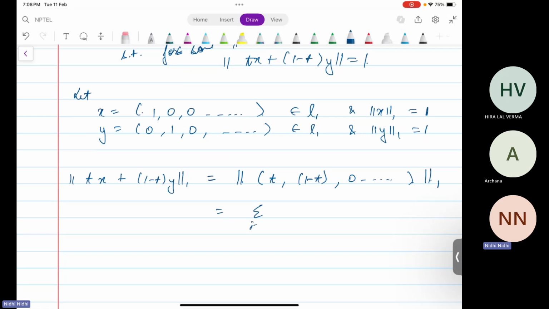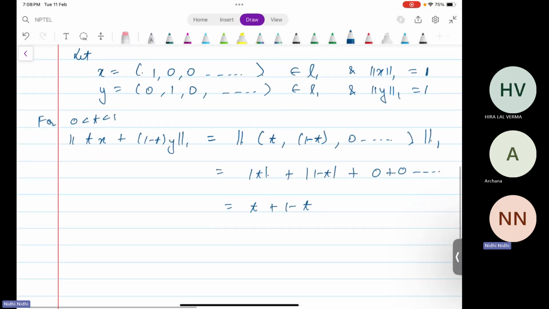This is the summation over i from 1 to infinity, or we can write it directly. In this case, this will be mod t plus mod (1 minus t) plus 0, 0, 0. Now, since for 0 less than t less than 1, this is equal to t plus 1 minus t, because obviously t is less than 1, so modulus of 1 minus t is 1 minus t itself,